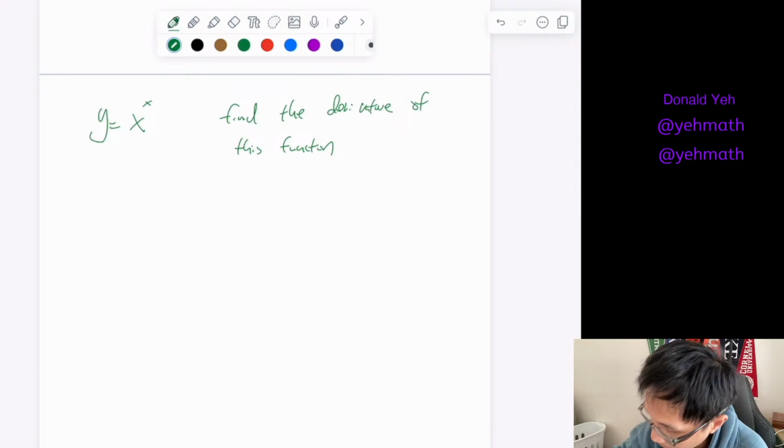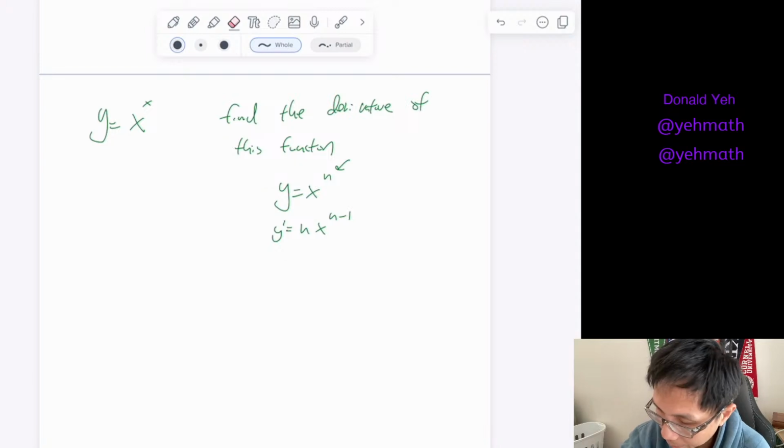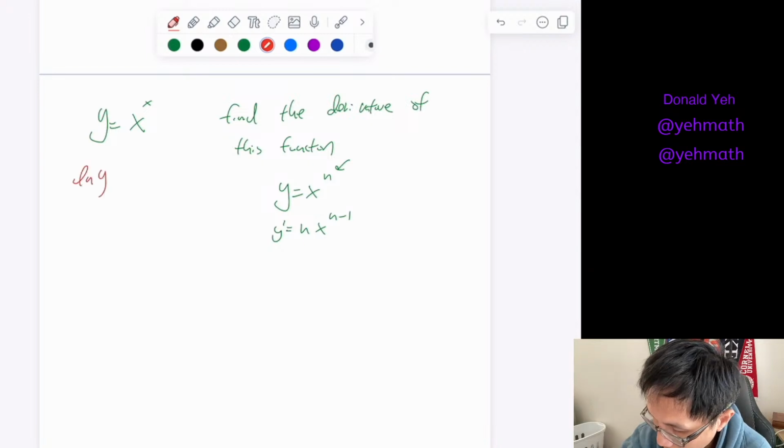Well, first of all, the function is not x to a number power, so this is not the power rule, n x to the n minus 1. The problem is that the exponent x is an expression, so it's not a number. So that rule does not apply to this. However, we actually learned this already, because we can natural log both sides. And natural log of x to the x